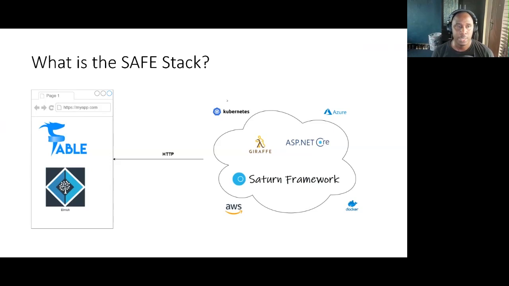So this is an idea of what it looks like. On the right hand side, you have your browser, which is your client, right? So it will be running Fable with Elmish. And on your back end, you have your server. So it could be running either Saturn or Giraffe, which is the web framework that Saturn sits on top of, or just ASP.NET Core. And it could be hosted with either Docker or Kubernetes or in Azure or AWS. It doesn't really matter. That's the main idea behind the Safe Stack, end-to-end F#